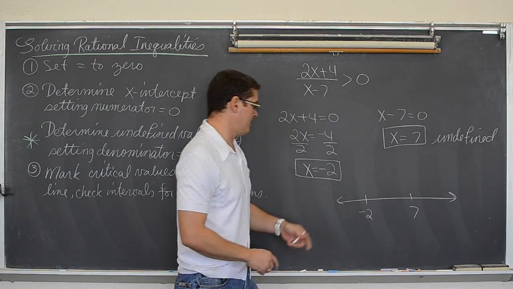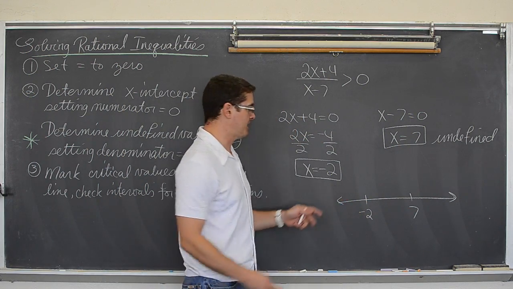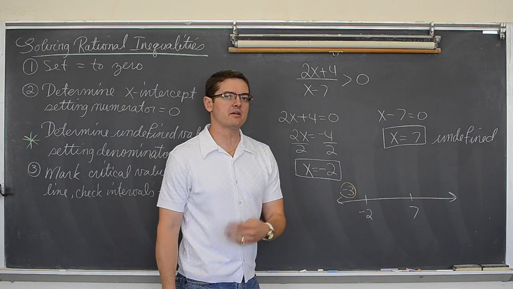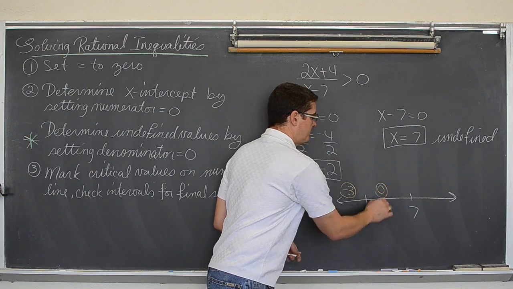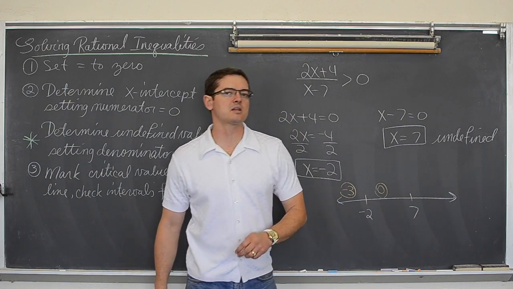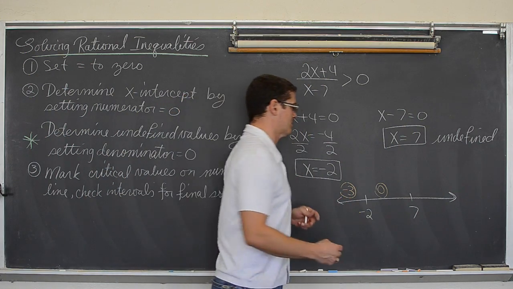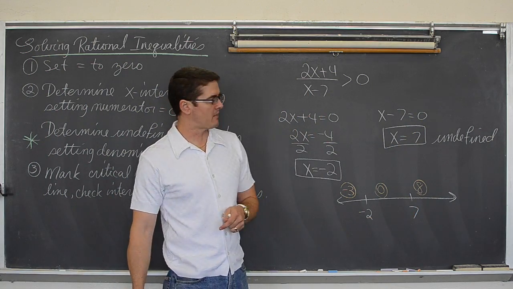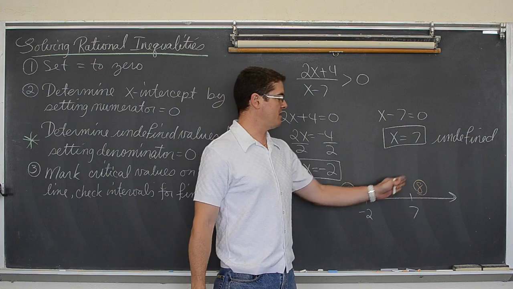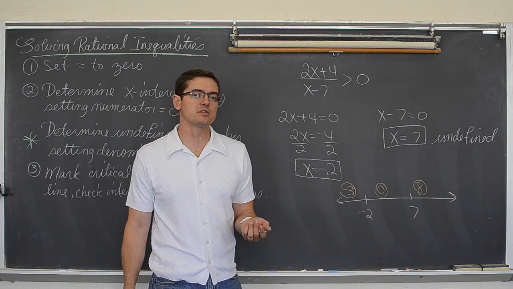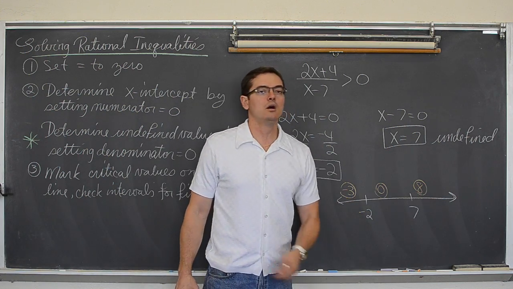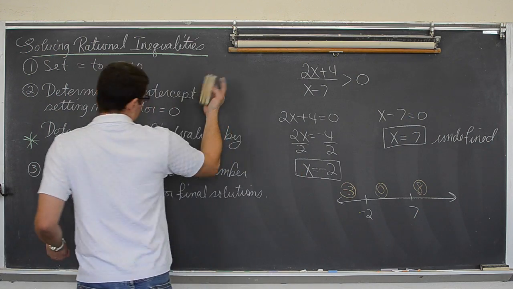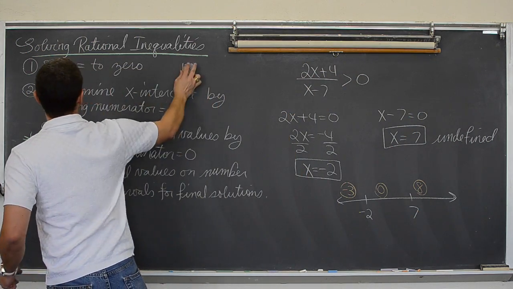We're going to do that by checking something in this interval, let's say negative 3. We're going to check anything between negative 2 and 7. Of course, 0 is going to be the easiest one. And then we're going to check anything bigger than 7: 8, 10, 12, 100, who cares? But it's got to be bigger than 7, so I'm going to pick the lowest number I can and try to do this in my head. So we're going to check with these values, each of those three intervals, to see which ones work. The ones that do work are going to be our solutions, our answers to this inequality.